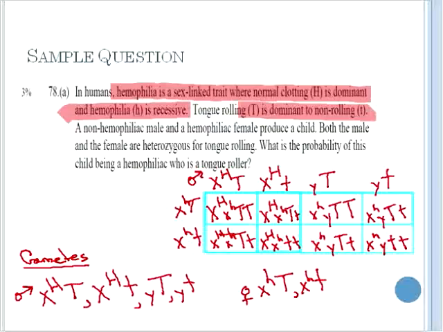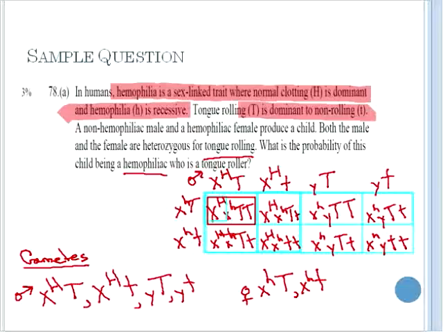So when you look at the cross, there are 8 possibilities of genetic combinations in the offspring. You are looking for those that are hemophiliac and also tongue rollers. Going through the list, this first individual here, X big H, X little h,